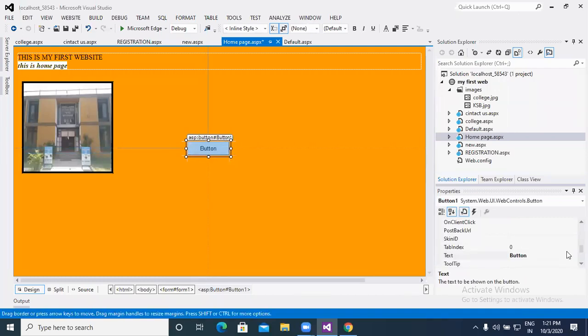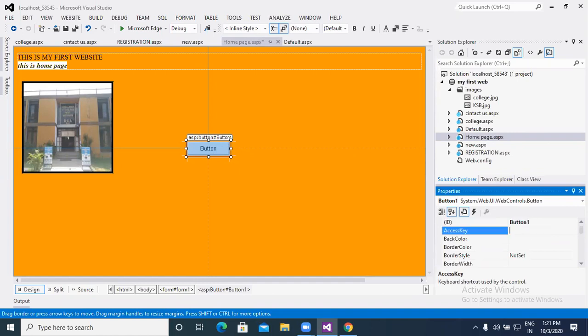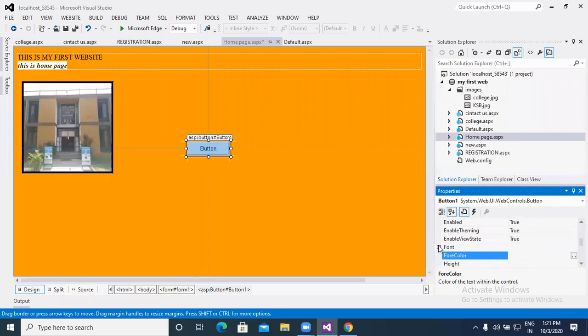Next, enabled true or false. We know that font and fore color we can apply as per our requirement. OnClick is the client side scripting, if you wish to use it, execute.